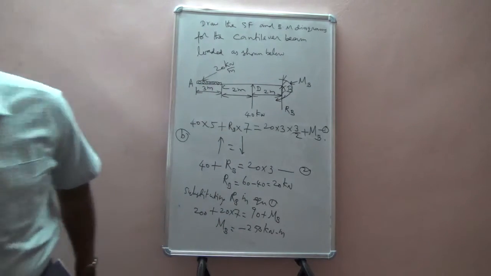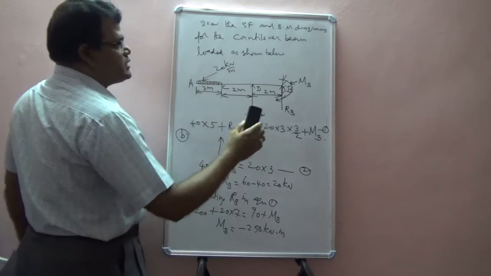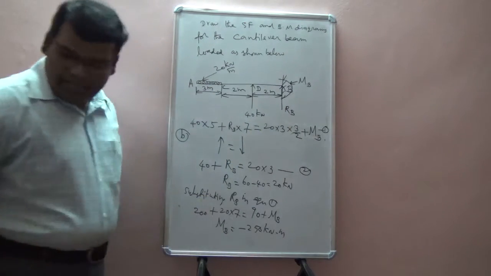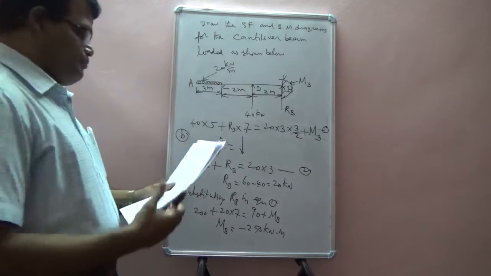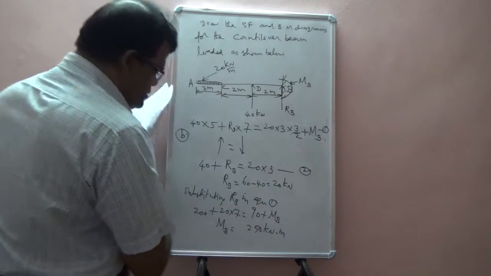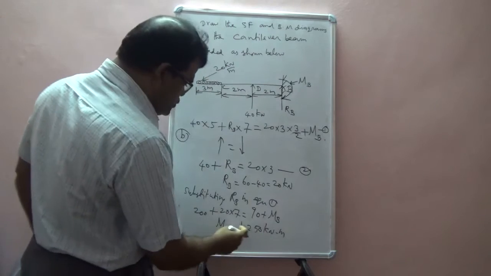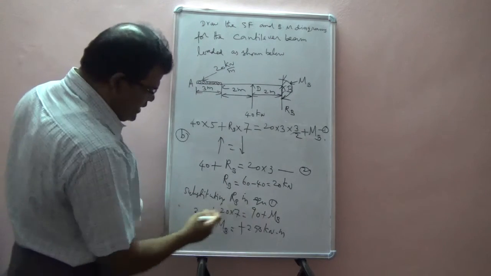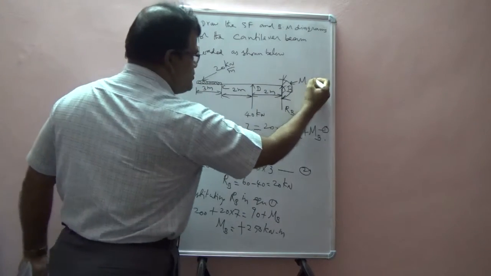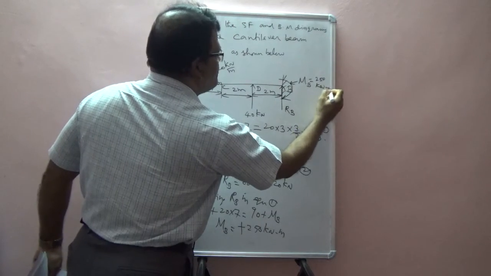So I will draw the load diagram once again, taking the magnitude into consideration. Otherwise I will change the direction, so this should be in the opposite direction. No, this is a plus sign. This is plus sign MBA. So this is 250 plus sign, therefore whatever direction assumed is correct. MB, this is 90, but this 90 will come down to the left side, therefore this is 250. Whatever direction we have assumed is correct, therefore this is equal to 250 kilonewton meter.